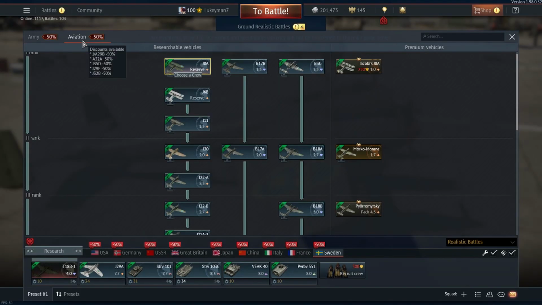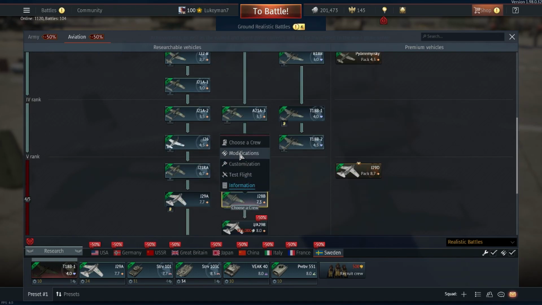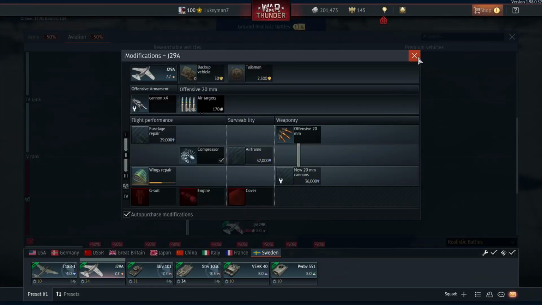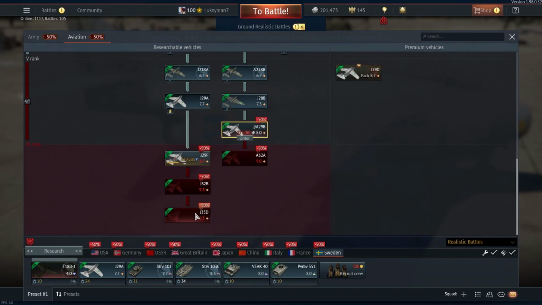For aviation, we've got a few new things. Any of my spaded vehicles unspaded? Nope. Nothing new on these, from what I can see. Oh, that's that. Not by the looks of it. Yep. Only thing that was new then is the